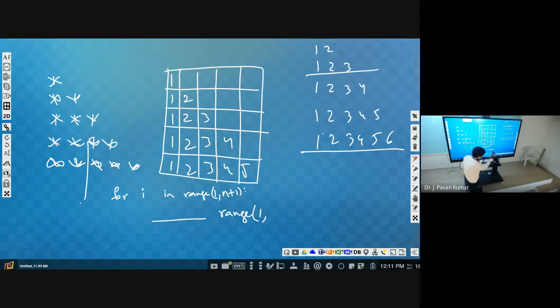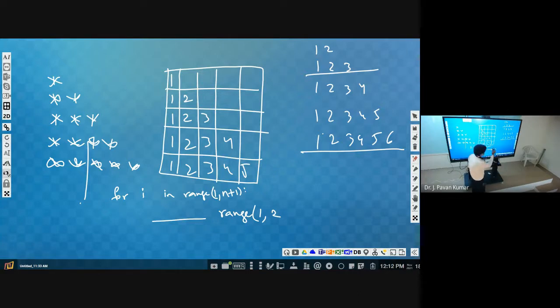That means we have to give 1 comma 2; if you give 2 here, it will consider 1 comma 1 itself. In the second row, 3. Third row, 4.